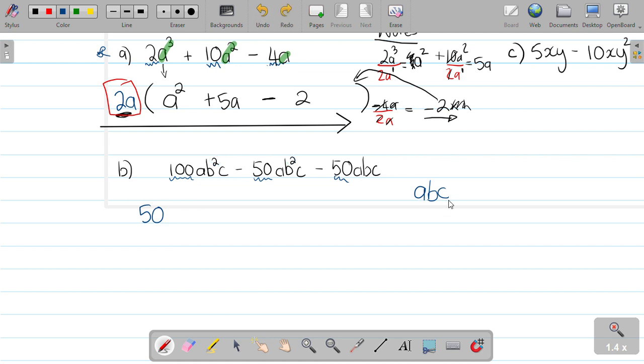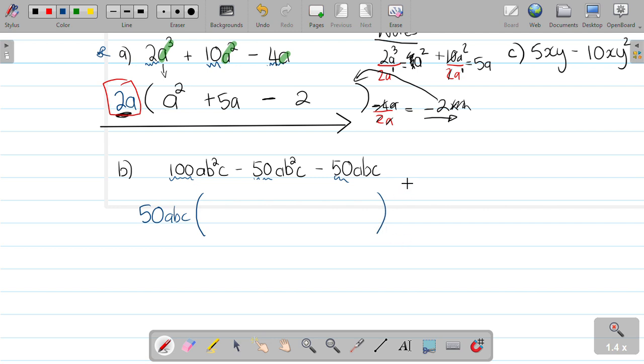And then lastly for c, should it go up to c squared? Is there a c squared? No, there's not. So this is actually fine. It's just going to be 50abc. And remember I said we take this and we put it next to that over there. Let me clean this up a little bit. So once we have gotten that, we are on our last step of finding out what needs to be left